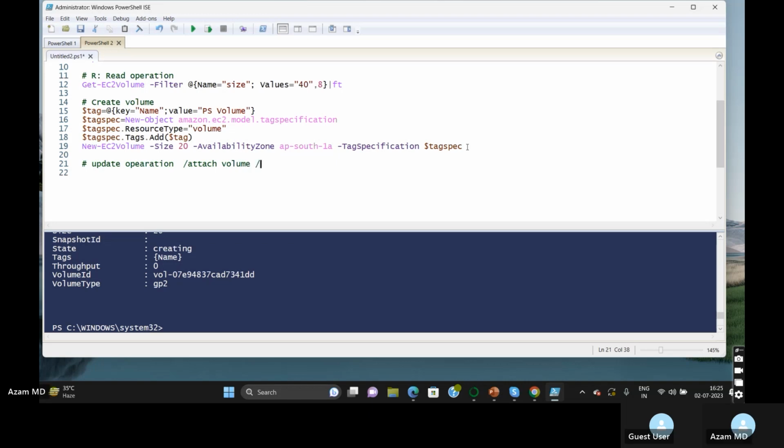and detach volume, and the third operation is modification, right? So if you want to change the size, how can you do this? So first of all, I'm going to change the size. So for that we have